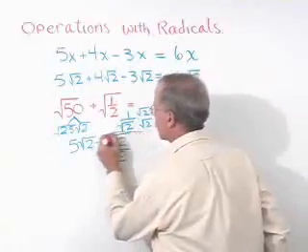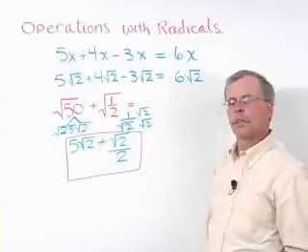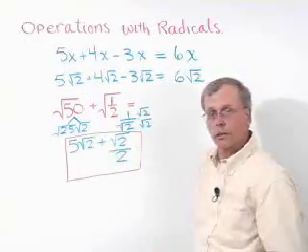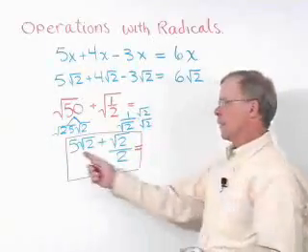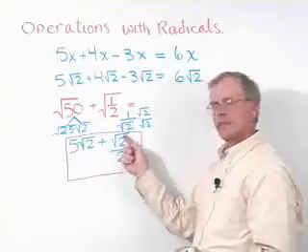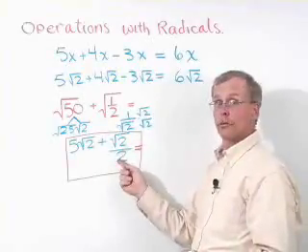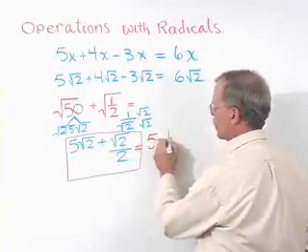Here we are. 5 radical 2 plus radical 2 over 2. Now we do have like radicals. The only radical here is radical 2. So what do we have to do? We have to combine 5 radical 2 and, what is this anyway? It's really 1/2 radical 2. So we really just have to do 5 plus 1/2